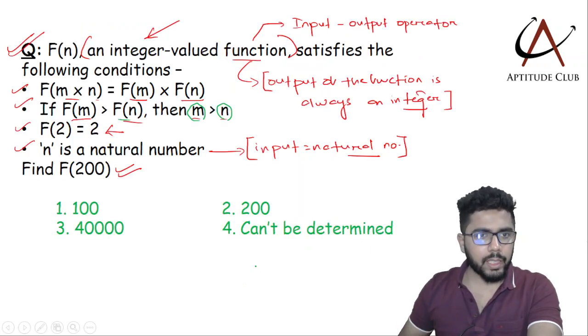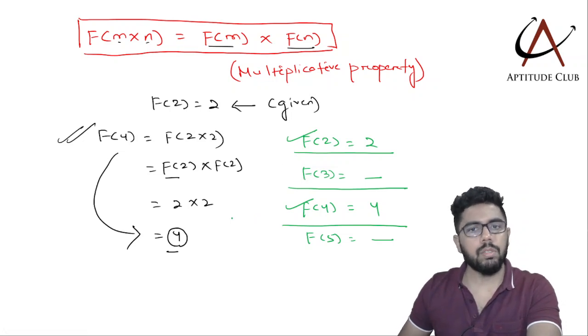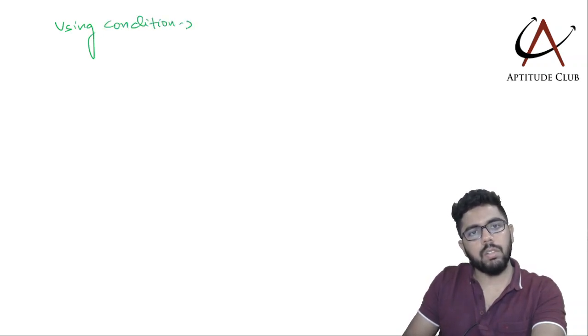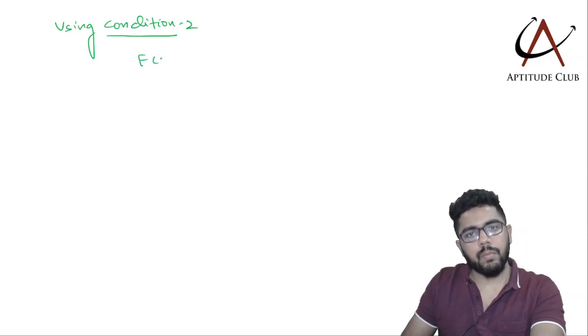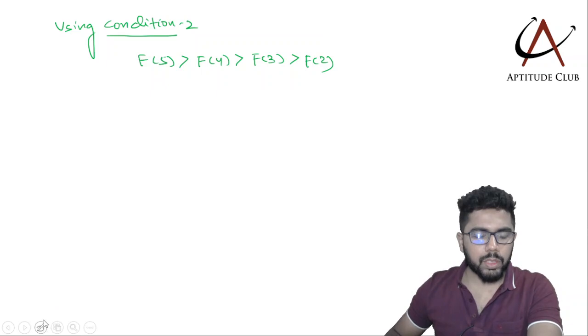Now if you look at the second condition, I can write f of 4 is definitely greater than f of 3, because 4 is greater than 3. F of 4 is greater than f of 3. F of 3 has to be greater than f of 2. So I can write it in this way. Using condition 2, f of 5 is greater than f of 4 is greater than f of 3 is greater than f of 2. Now f of 4 is 4,